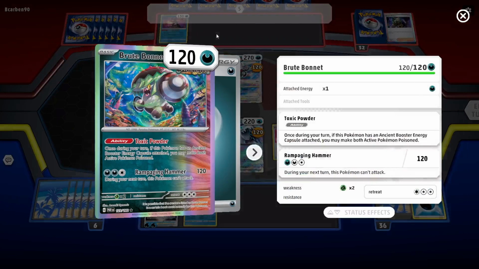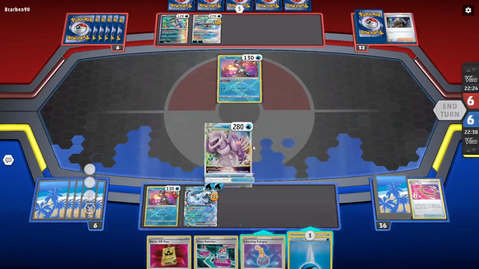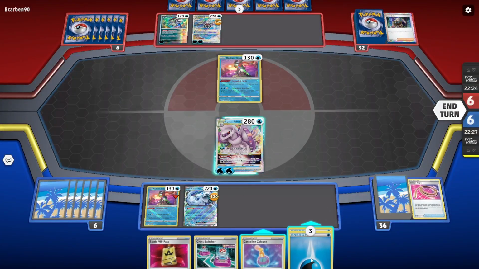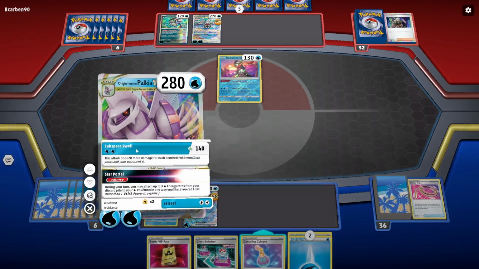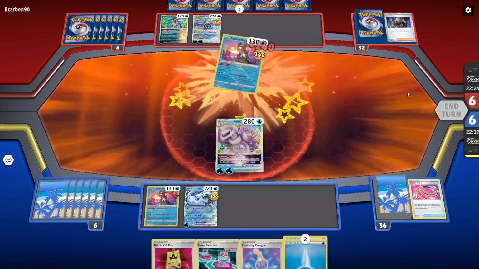I believe I one-shot either of these guys, so getting rid of the Radiant Greninja, right? I believe I do. 140, let's go. All right, so I can attach to... I guess I attach to Chien-Pao, I think. I think that's the play. So don't Star Portal, let me just take the knockout